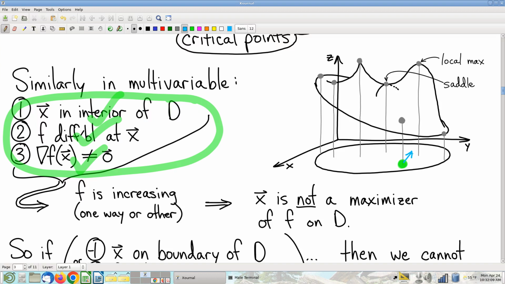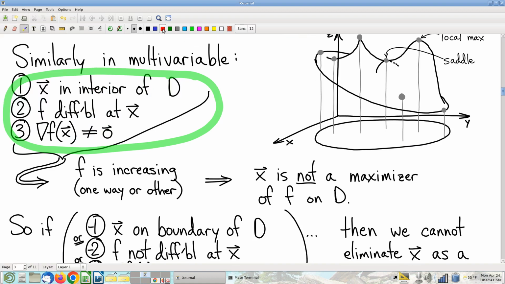Right. So, could this possibly be a maximizer? No. Just go in the direction of the gradient. We know we can go that direction because we're in the interior. We know that as we go in the direction of the gradient, the function's increasing. And if the function's increasing, it can't possibly be a maximizer. Right? So again, we have a tool here that's going to eliminate most of the points in the domain. The precious few exceptions, the ones that we can't eliminate,